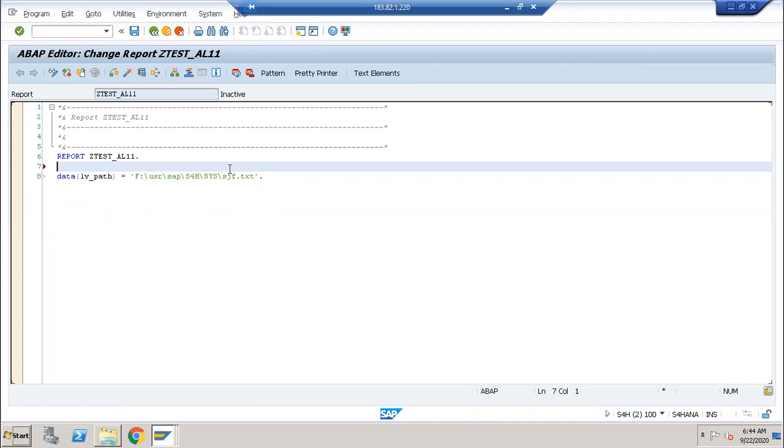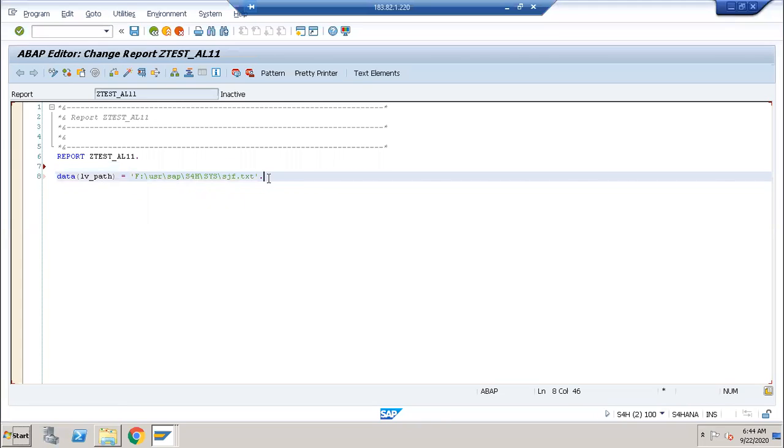If your ABAP server, the ABAP layer, is greater than or equal to 7.4 version, then it allows the inline declaration concept. Inline declaration means it is not required to declare the variables separately. Directly we can pass the value into the variable at that time only. Here I am passing data(lv_path). At this time only, lv_path will be declared as one variable, and it will contain the value also. Both things are possible in a single line.